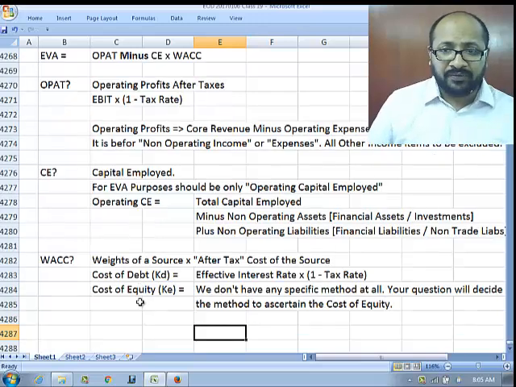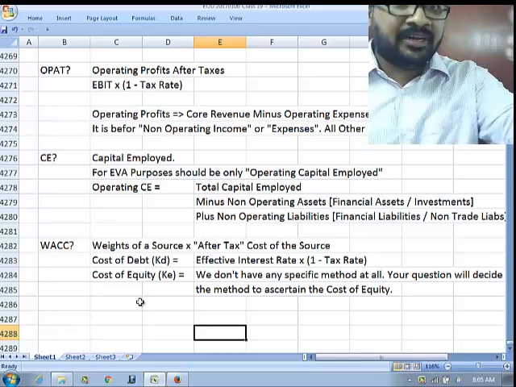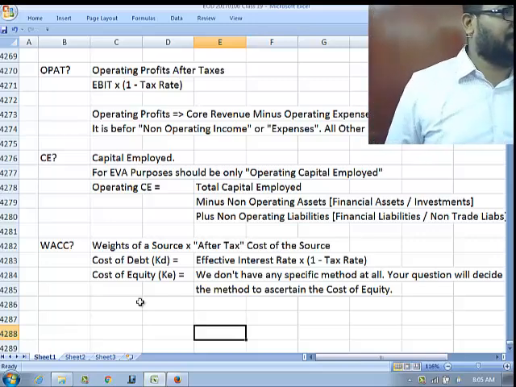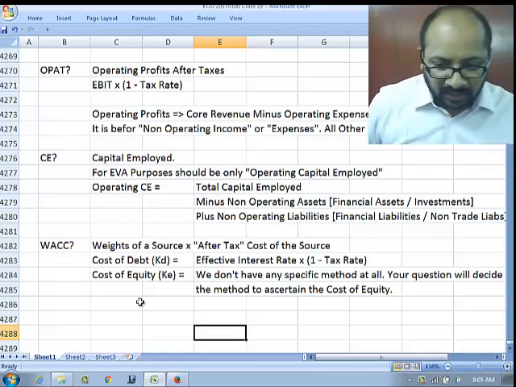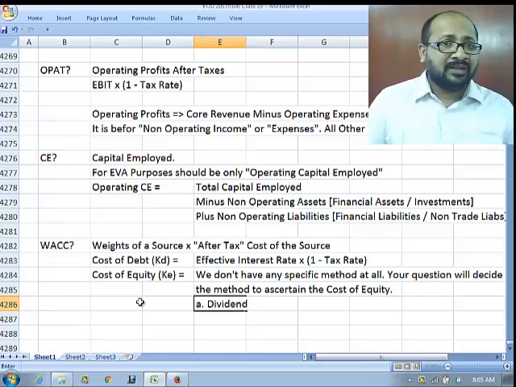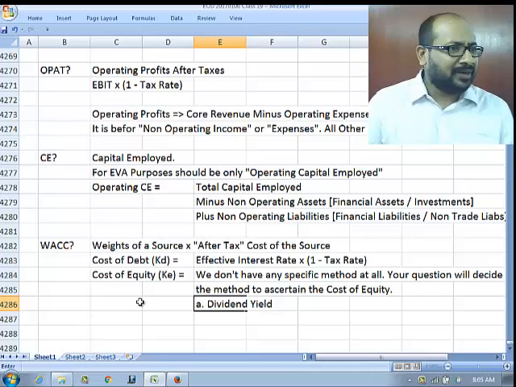So what are the known methods for cost of equity? Already available methods, what are they? The very first one that you tell, dividend rate. Leaving growth aside, just dividend rate itself is stated as a cost of equity. Therefore, we'll simply say that the following are the choices available: dividend rate itself. We actually use the word dividend yield more than dividend rate. Dividend yield is